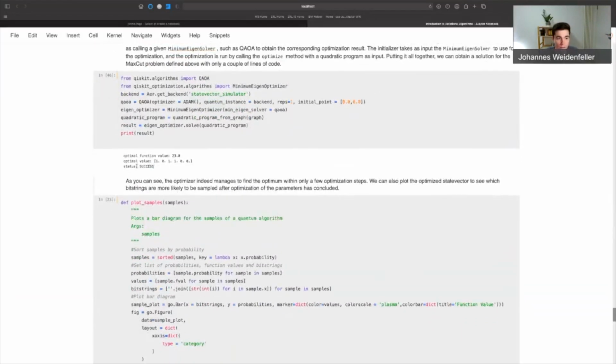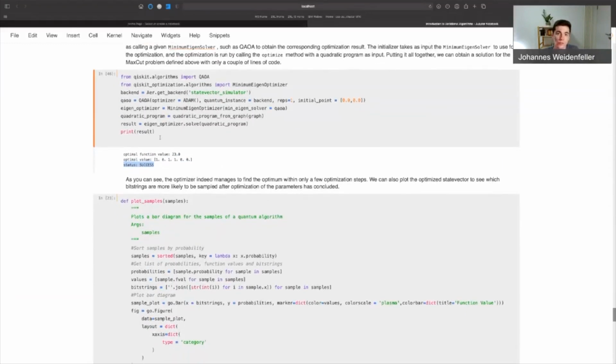Right. And so you can see that this result object, it has a number of different properties, but if we print it just like this, it already shows us the optimal function value that we obtained, then the solution, so the optimal bit string that it found, and the status of the optimization, so whether it was successful or whether it failed for some reason.